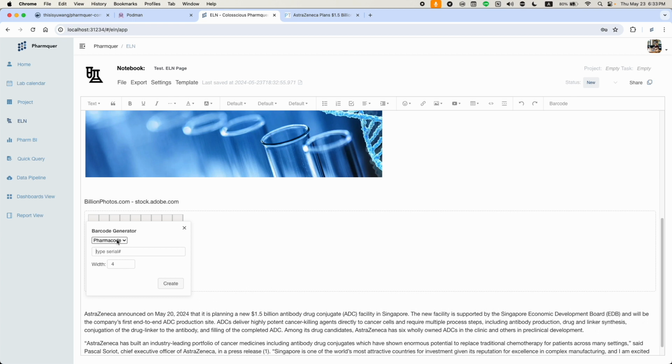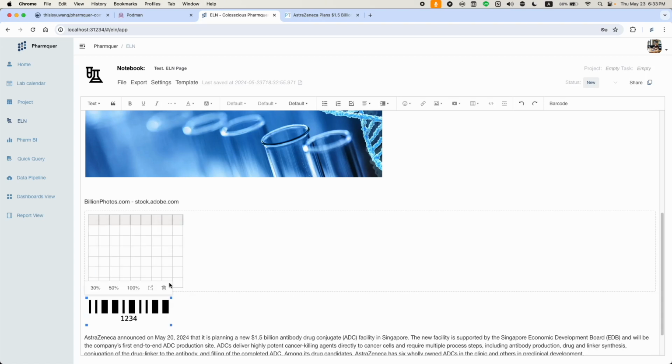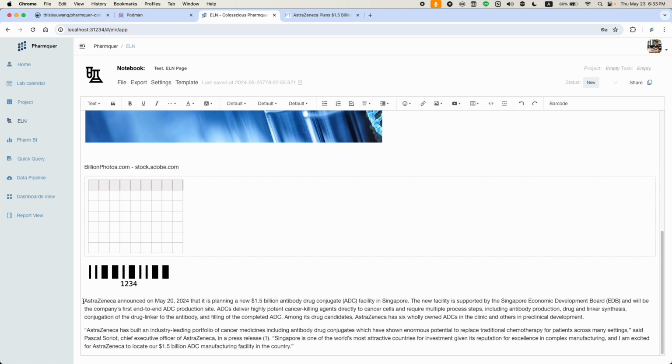Here we provide multiple formats of barcode, and I'd like the width of the barcode to be maybe 6, which is enough. Okay. Then I want the text here to be bold, and here to be maybe italic.